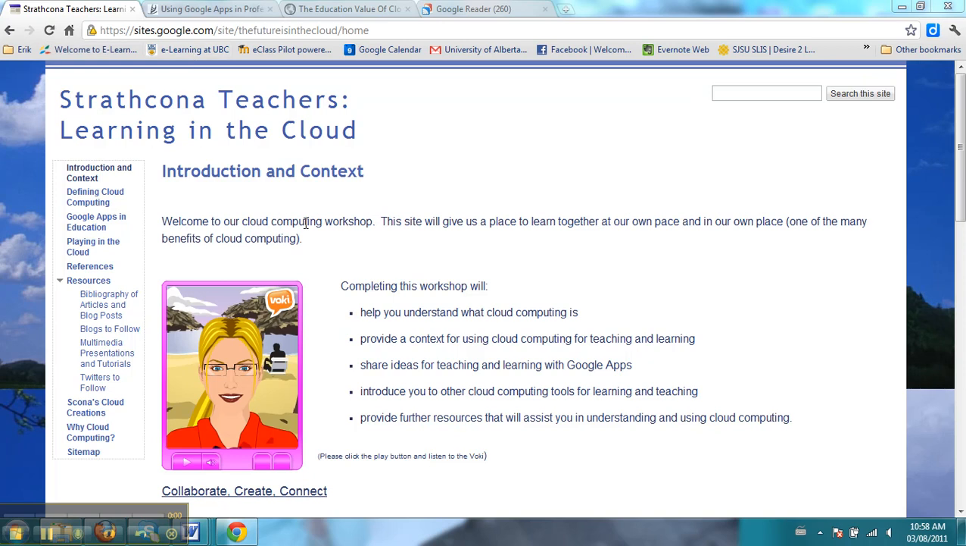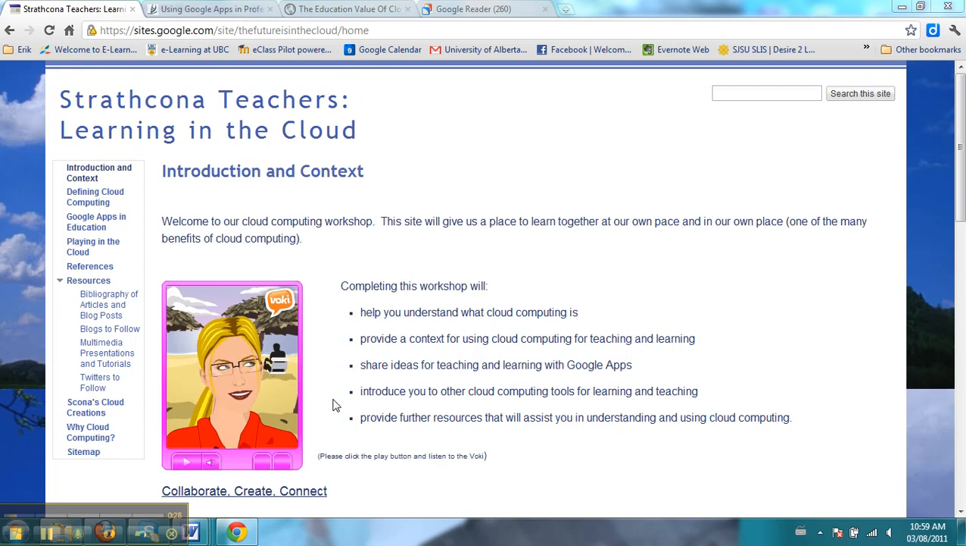Kelly, thanks so much for your really interesting presentation on cloud computing. I thought your decision to use Google Sites for your presentation was a good one, not only because it demonstrates to your intended audience one more example of a cloud computing tool, but also because it's very easy to use, it's easy to navigate, and I like the fact that you've put it all in